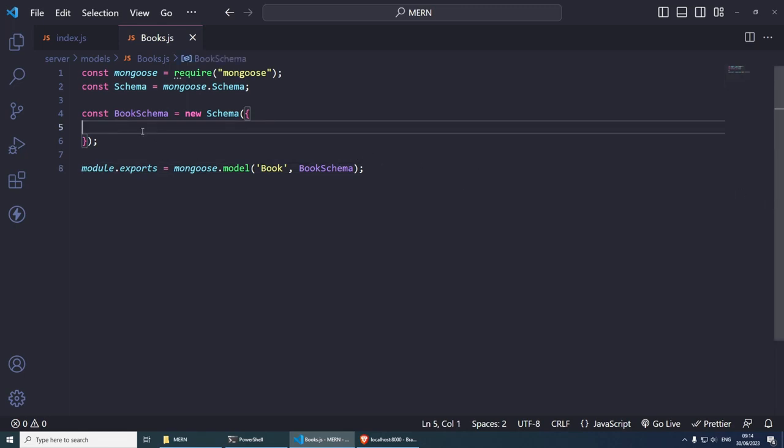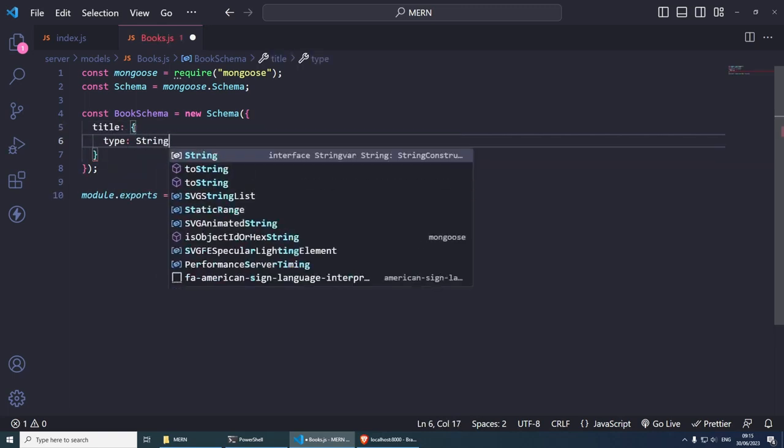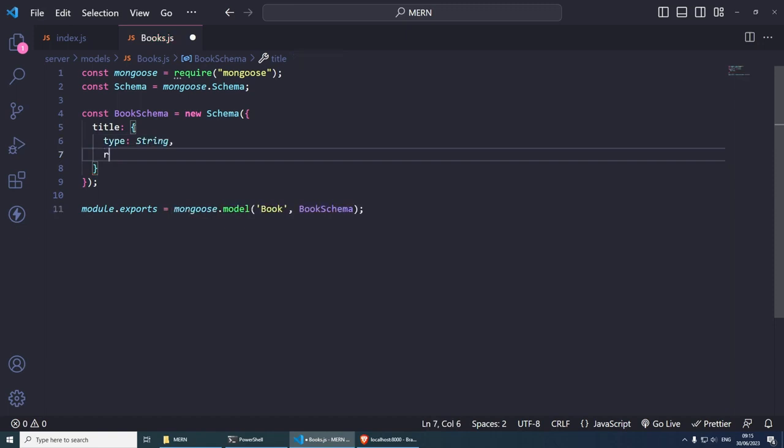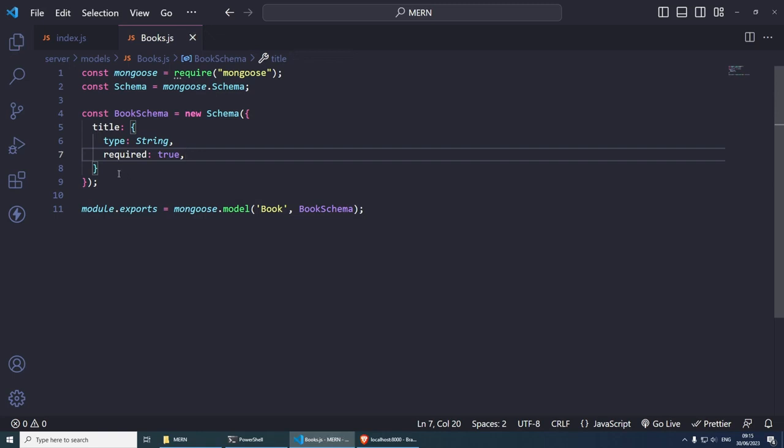Now, most of our fields will be more or less the same. So let's start with the title. And then the title is going to have a type of String. And it's going to be a required field. So true. So in this case, if we have required set to true, and if you don't provide a title, then it's not going to insert any data and it's going to tell you that, which is great,